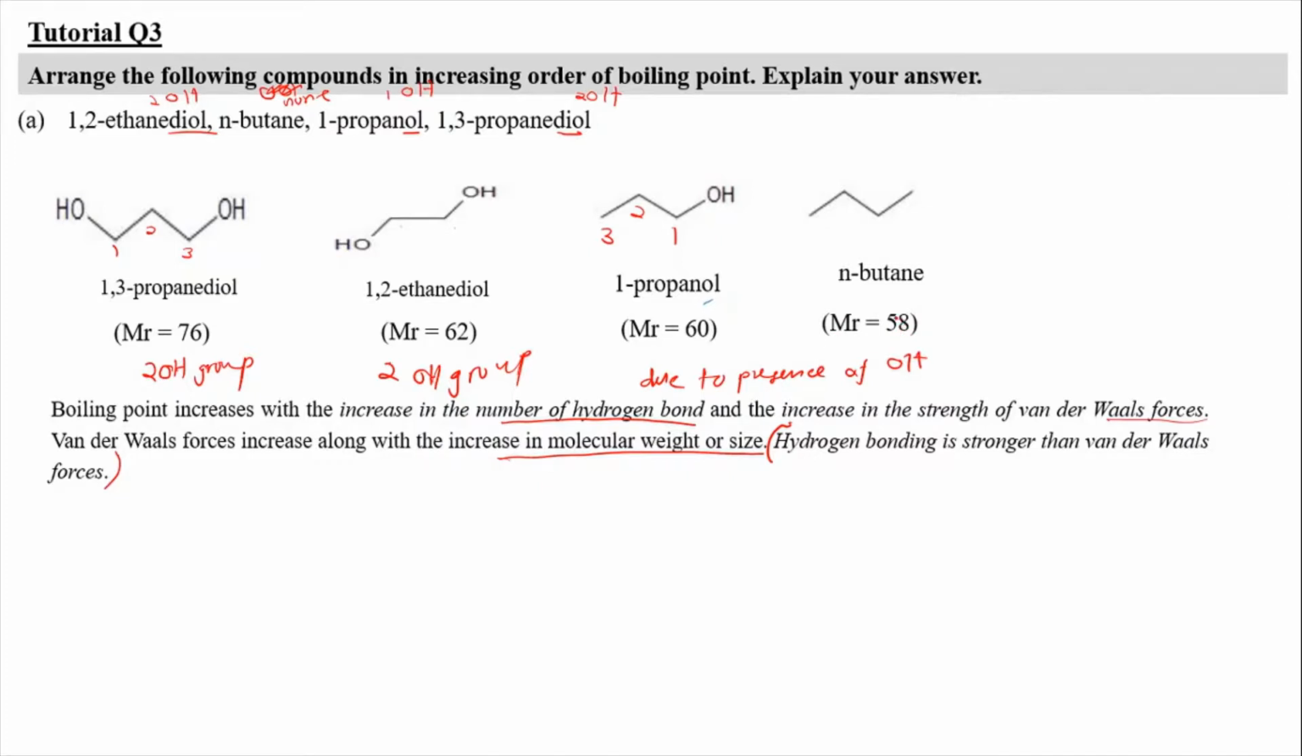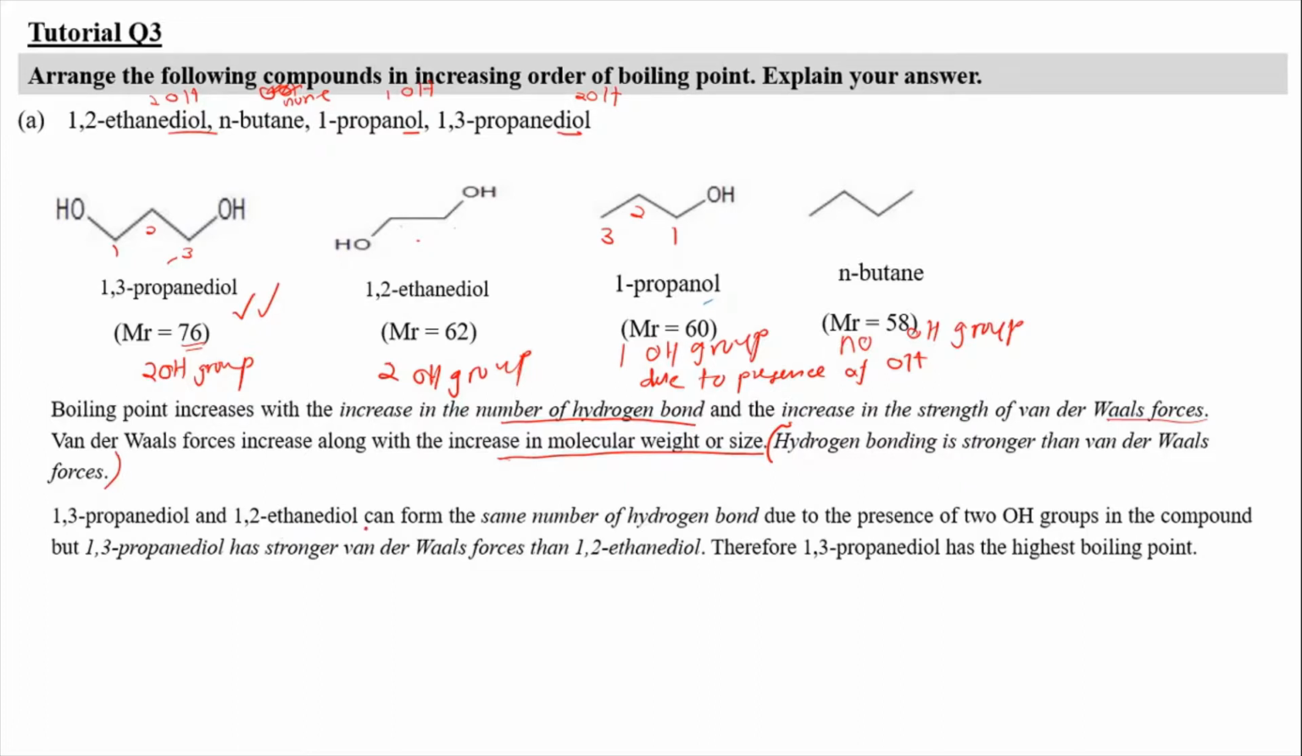Okay, so you know that the one with 2 OH groups will have the highest boiling point. Next is the one with 1 OH group. And the other one is the one that has no OH group. And between this one and this one, this will have a higher boiling point because of a higher molecular weight. Okay, so what you can say is that